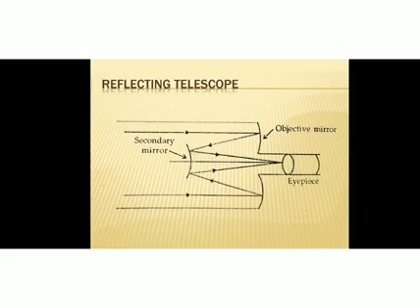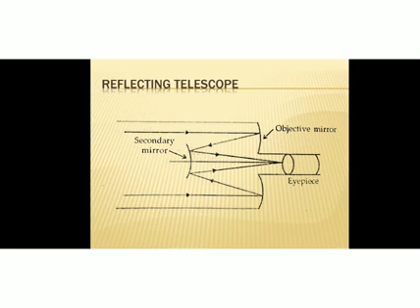Telescope. So the reflecting type telescope helps us to obtain a clear image of distant objects using mirrors. In the refracting type telescope, a lens is used, but in the reflecting telescope, mirrors are used in place of the lens in order to obtain the image. Okay, and there are two types of reflecting telescope. That is, the Newtonian telescope and the Cassegrain telescope are the different types of reflecting telescope.